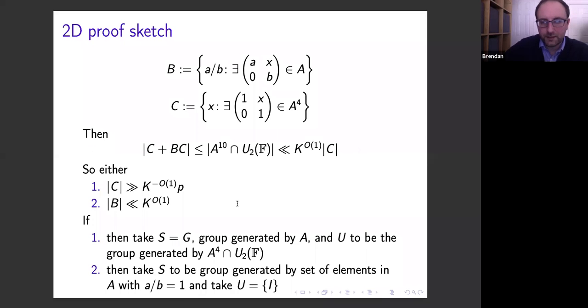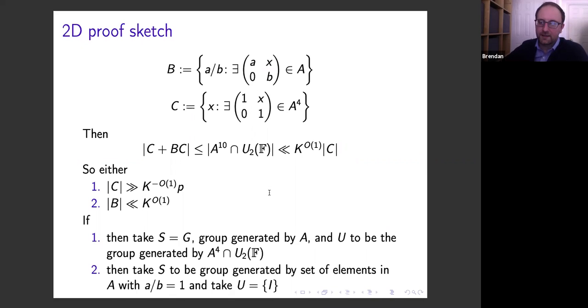If we substitute that in and solve, we have either that this set of unipotent elements is very large. Remember, if we're over F_p, then there's at most p values for this term x. So this would be saying that we're very close to the full unipotent subgroup. Or there's very few ratios, if B is small. And so, right, if we're close to having all of the unipotent elements, then this first conclusion basically says that if we take a few more products, we'll be able to get the whole